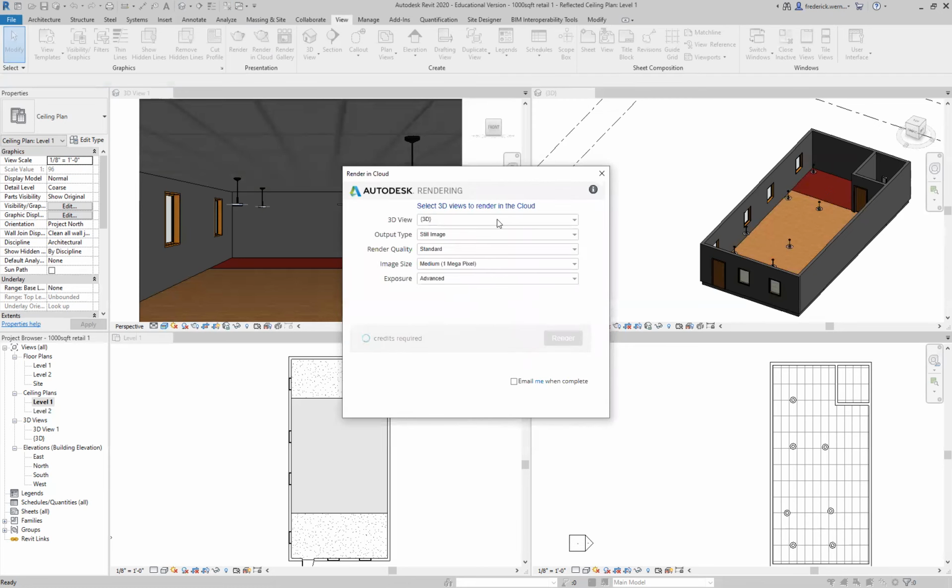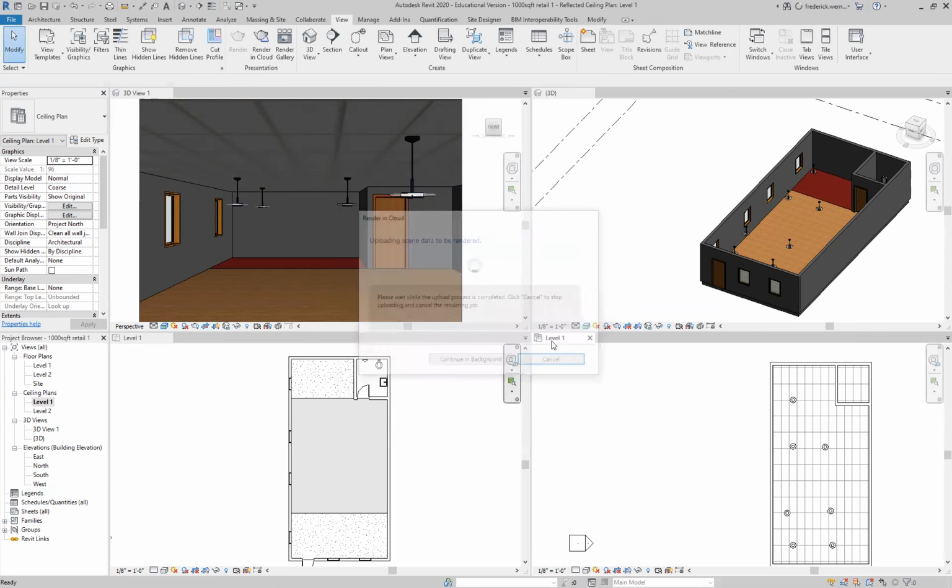And it's going to ask you to select the view. So I have to choose this other view, and I should have named it. I didn't call it anything, but I should have named it something. I'm going to just say this 3D view 1, which is that camera view right there, is called 3D view 1. So if I click render,